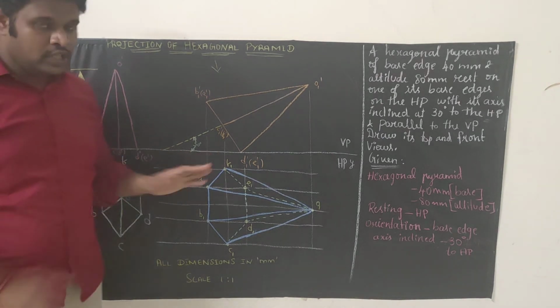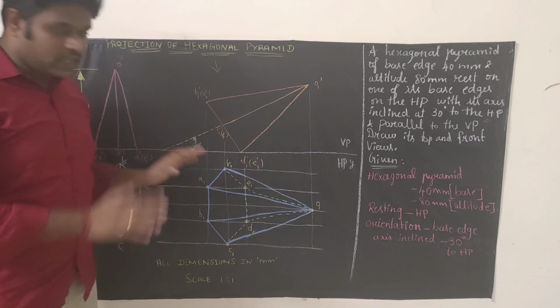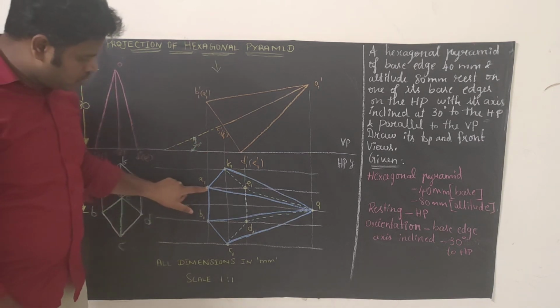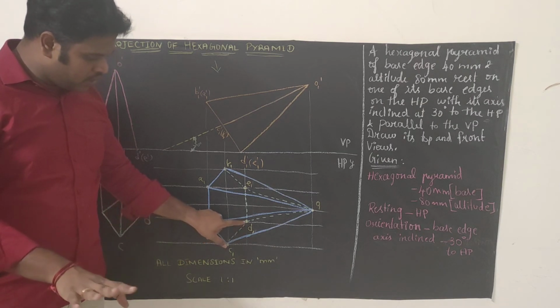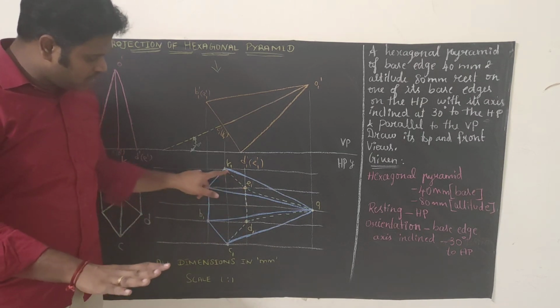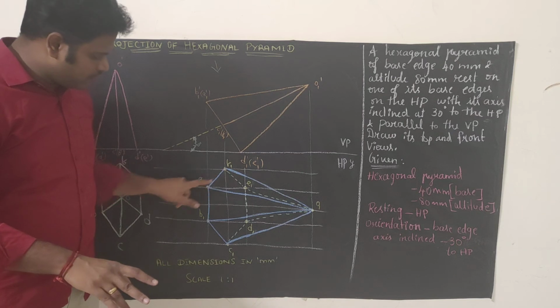Listen here. Till now we have completed till hidden. Okay, join visible edges as I say. Join A to B, A1 to B1, B1 to C1. C1 to D1 is hidden, leave it. D1 to E1 is hidden, leave it. E1 to F1 is hidden, leave it. And join F1 to A1.